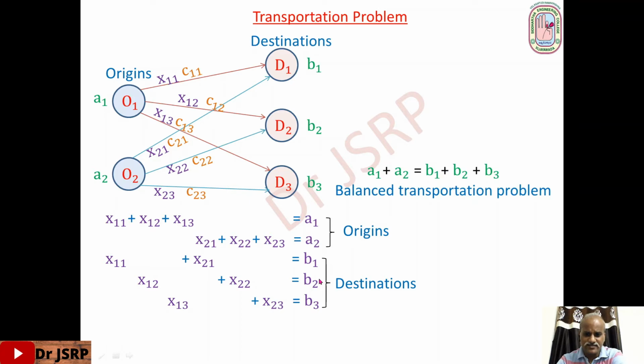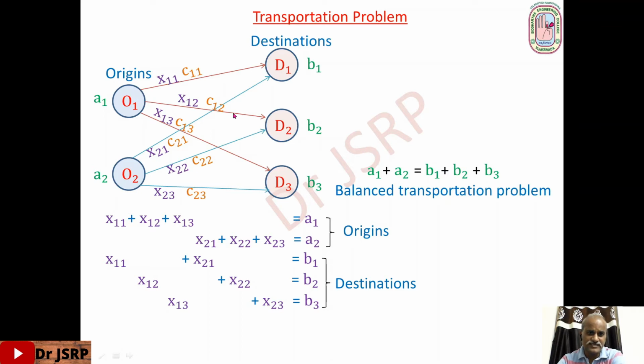Right. Now, what is the aim of the problem? The aim of the problem is to transport the amounts available at origins to destinations with minimum transportation cost. So, based on the decision variables, what is the total transportation cost? From first origin to first destination, the transportation cost per 1 unit is C11. So the transportation cost for X11 number of units is C11 into X11. This is the total transportation cost from first origin to first destination.